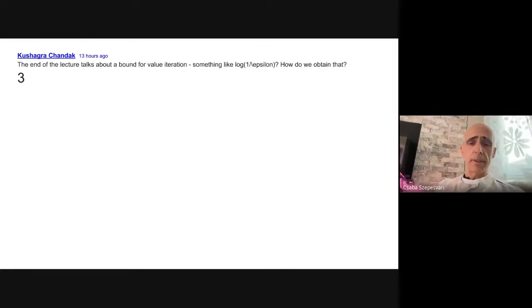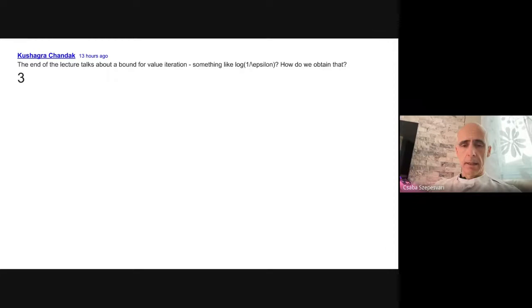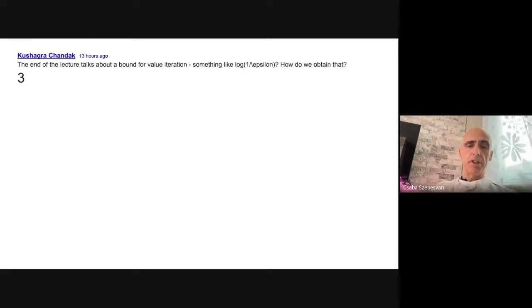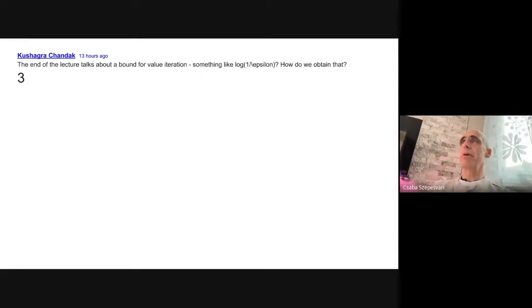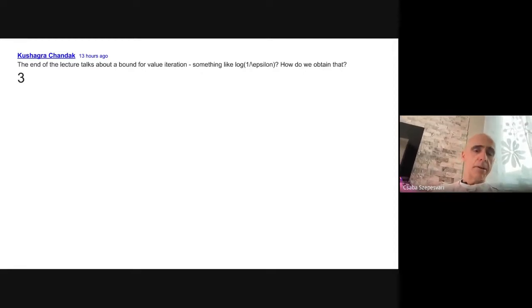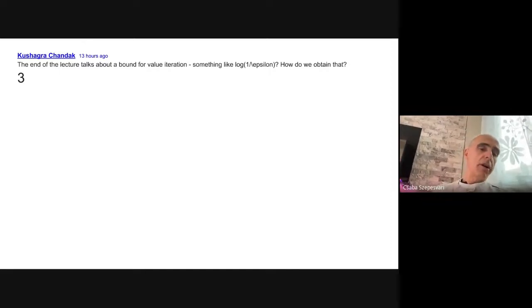So this is log 1 over epsilon. Maybe you jump ahead, and you see that value iteration converges at a geometric rate. That means the distance to the optimum is decreasing in a geometric fashion. Another way of expressing that: if you ask how many iterations you need for the error to decrease below an epsilon level, the answer is going to be logarithmic in the inverse of this desired accuracy. So that's the answer to this question. It's just inverting this geometrically